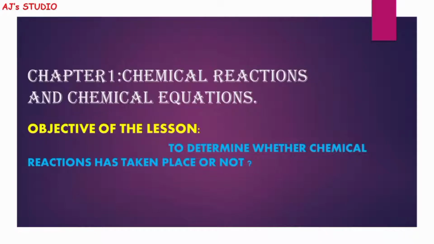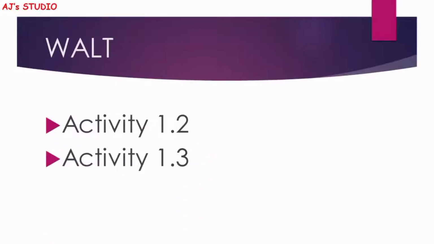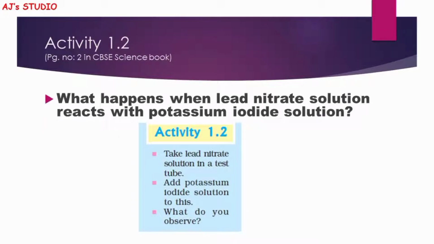The objective of this video is to determine whether chemical reactions have taken place or not. To learn this, we are going to do two different activities. Children, are you all ready to do an activity? Yes, the first activity is we are going to check what happens when lead nitrate solution reacts with potassium iodide